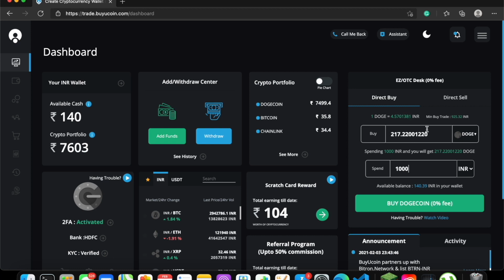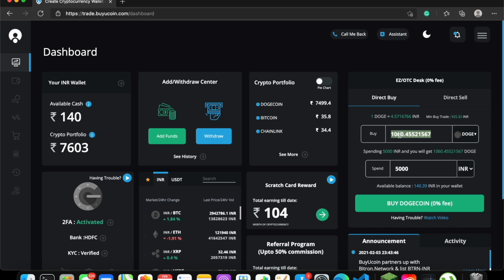For example, if you want to get returns like maybe 100 times returns or something like that, 1000 is fine. If you are thinking about investing for a short time, then you should probably go for somewhere around 5000, which is a good amount. The reason is that when you want to withdraw, they are charging around 250 Dogecoins.